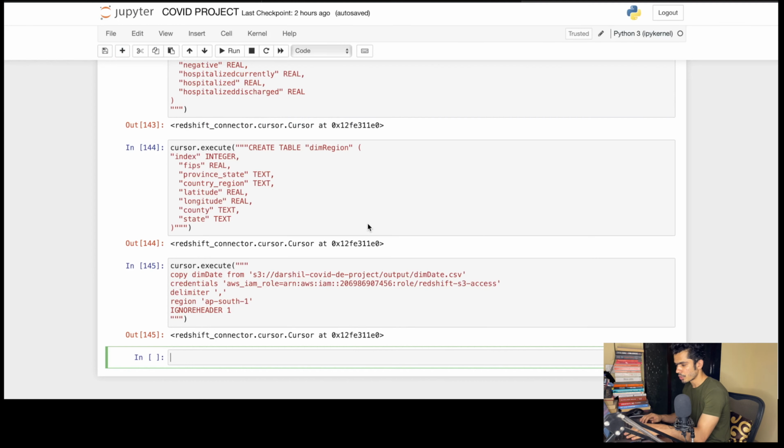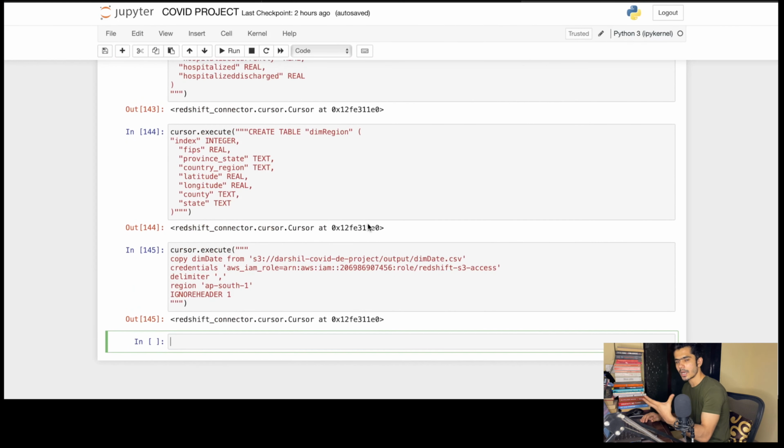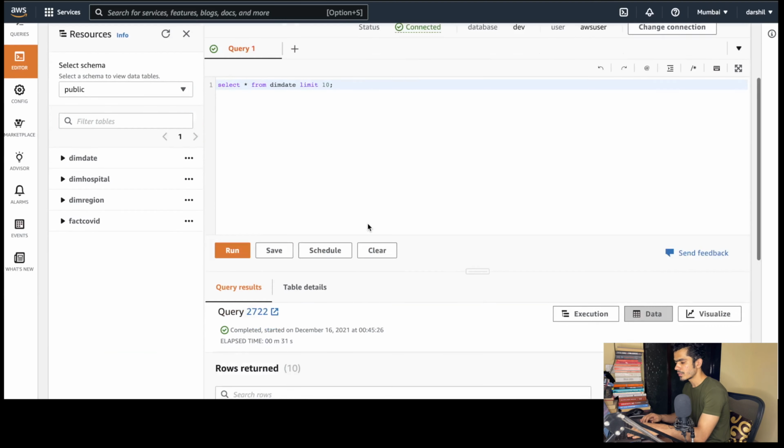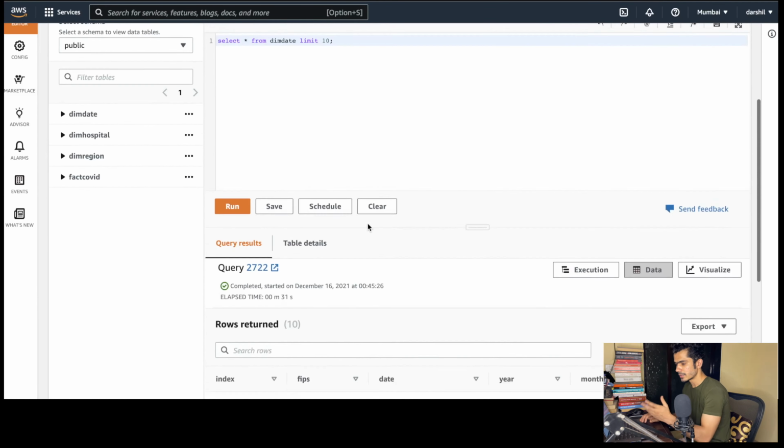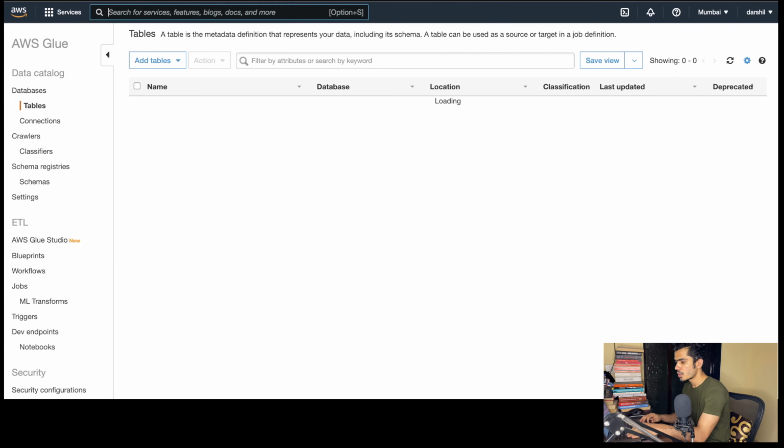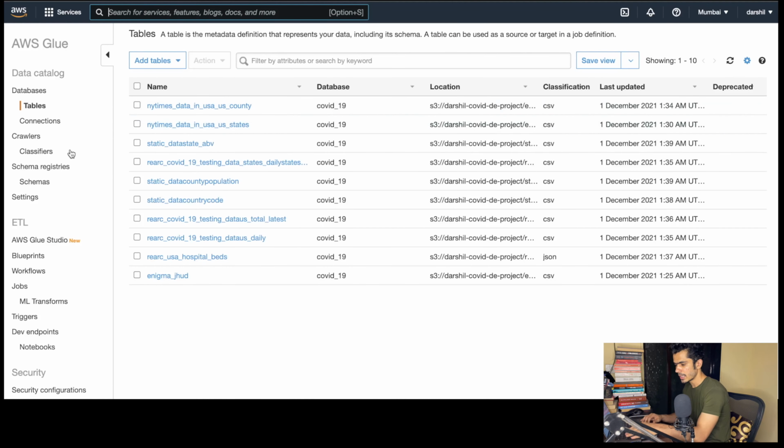I just wrote this particular query just to explain how these things work, but what we're going to be doing is these things in glue. So we have the data onto Redshift. Now what we need to do, you need to go onto the glue console and click onto